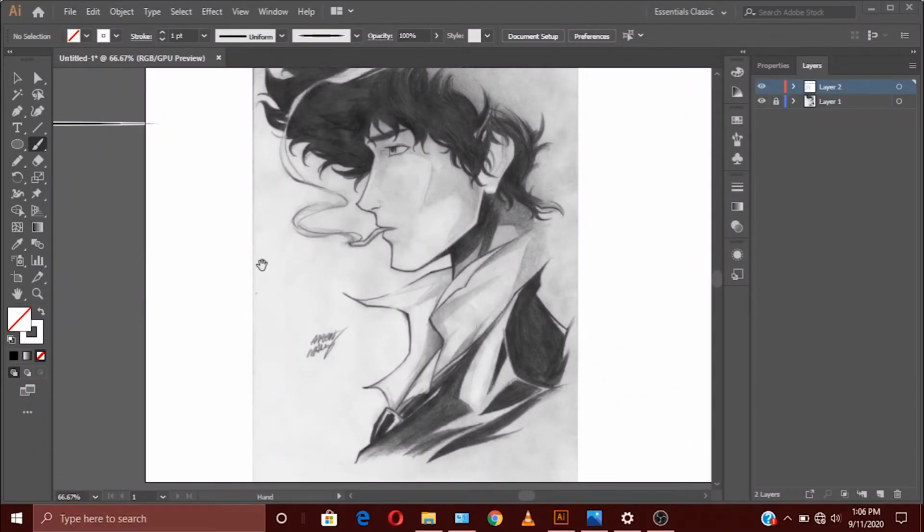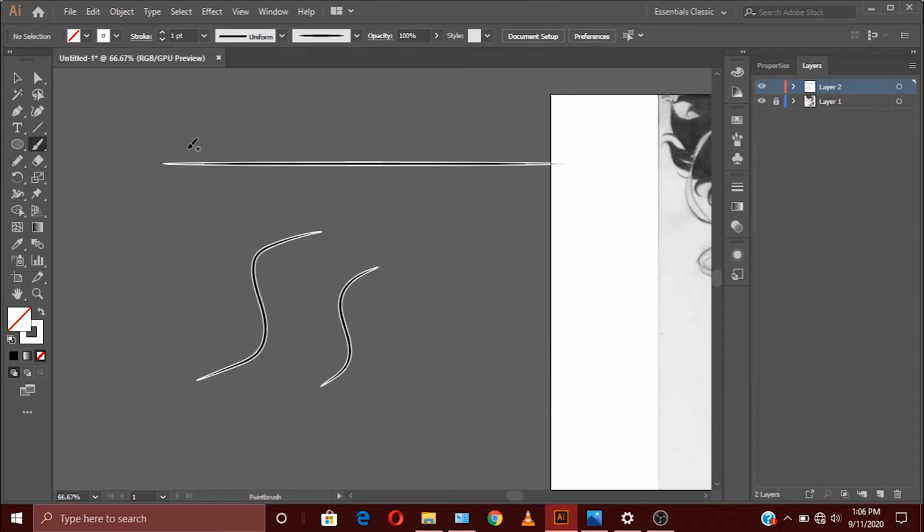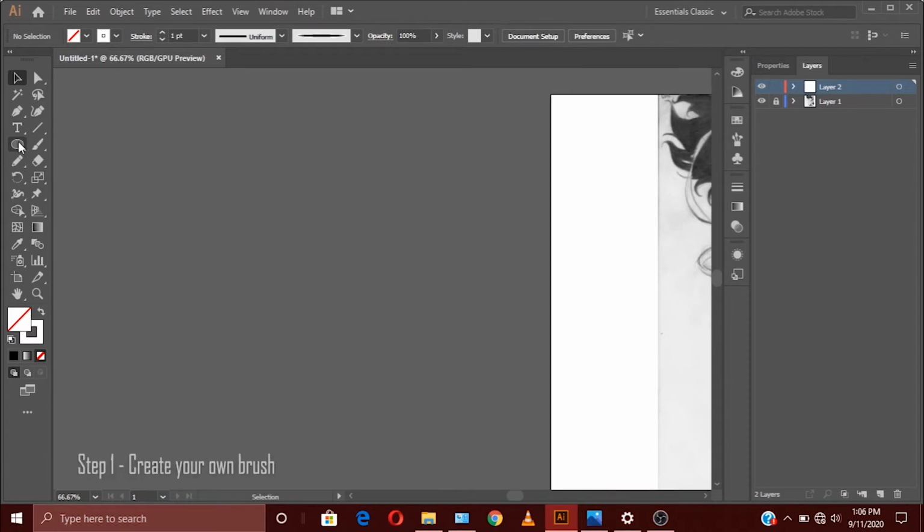So hello everyone. Now I'm going to show you how you can image trace or make easy vector art by just using a brush and a pen tool. So first of all, you need to create your own brush. You can do it by simply using an ellipse tool and just